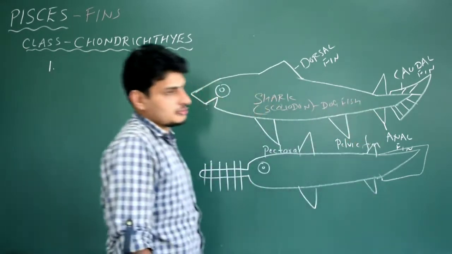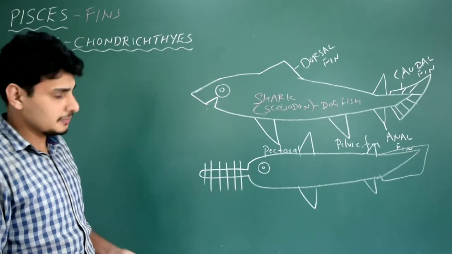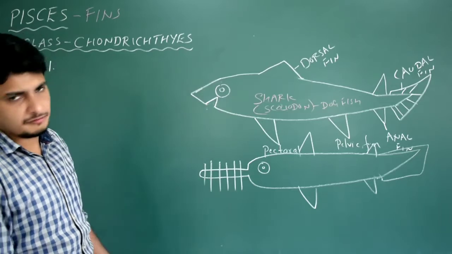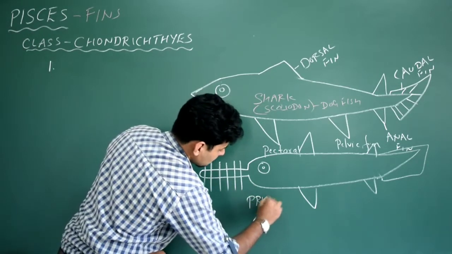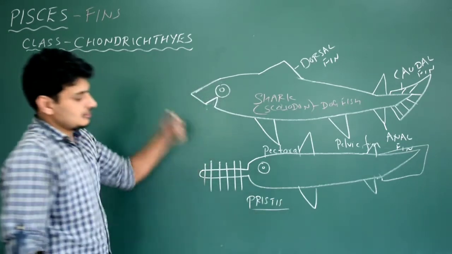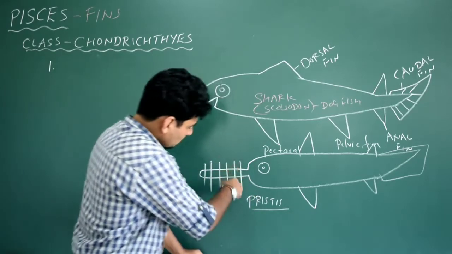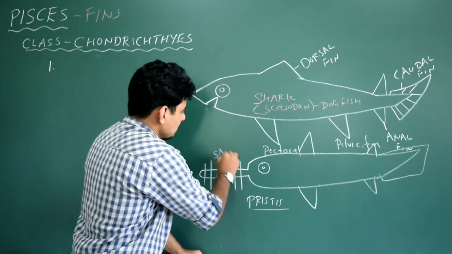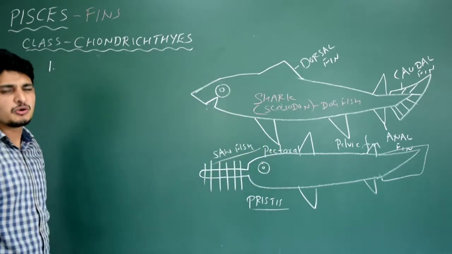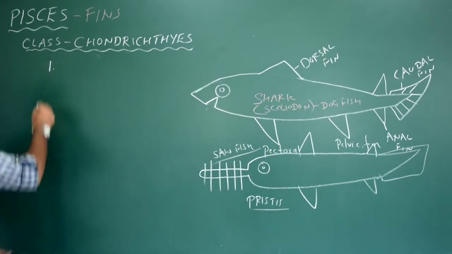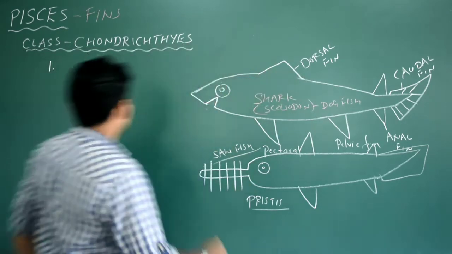In shark there are so many different types actually. Okay, great white shark is also there. Fine, just remember Scoliodon, dogfish. Okay, so this is actually Pristis. What is this? Another type of organism which belongs to chondrichthyes is called Pristis. Because of its mouth shape, we call it a sawfish. Sawfish. Just note this. Enough. Okay, so we'll go with its normal general characters. See this, the body is streamlined. We write it.